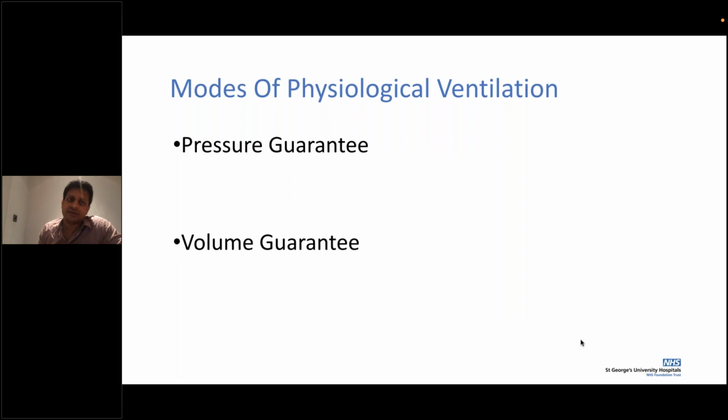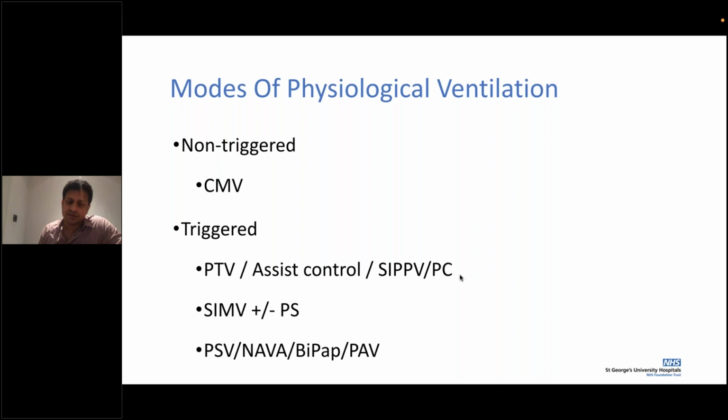So let's just summarize. Basically there are two modes of ventilation. One is pressure mode of ventilation, the other is volume mode of ventilation. Now, what does that mean? With pressure mode of ventilation, we are not able to completely control the amount of volume that is delivered, and we know that volume trauma onto the lungs is significant. So we're looking at what are the different pressure modes of ventilation.